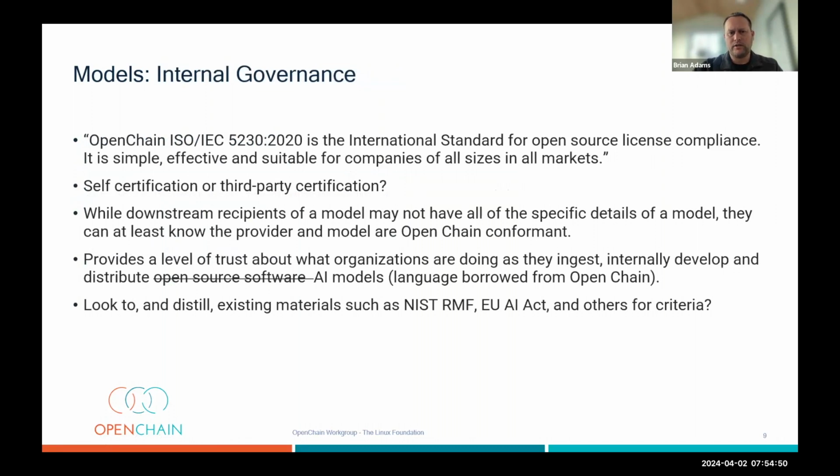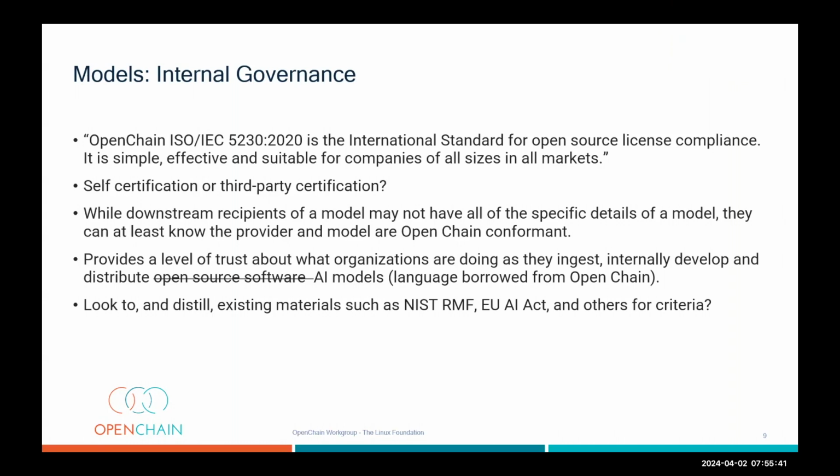So we've talked about model cards, and those are objective data points that can be shared. Is there a way that we can still provide trust in the supply chain without having absolute disclosure? Here I'm looking to the OpenChain ISO. It's really about creating trust in the supply chain. It's about having internal robust processes and procedures, certifications, whether it's self-certification or third party. And really, is this the most valuable part of what we can provide to the supply chain, a set of criteria for certification,